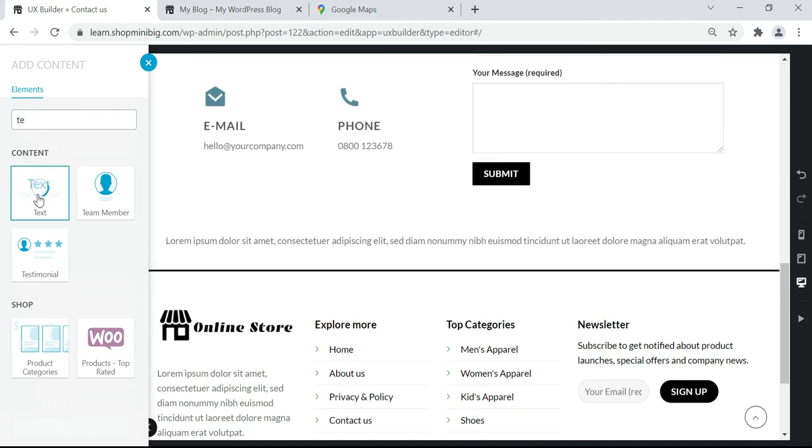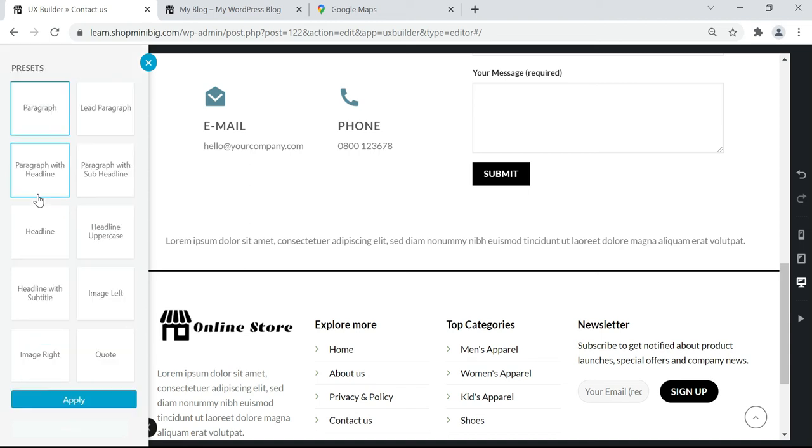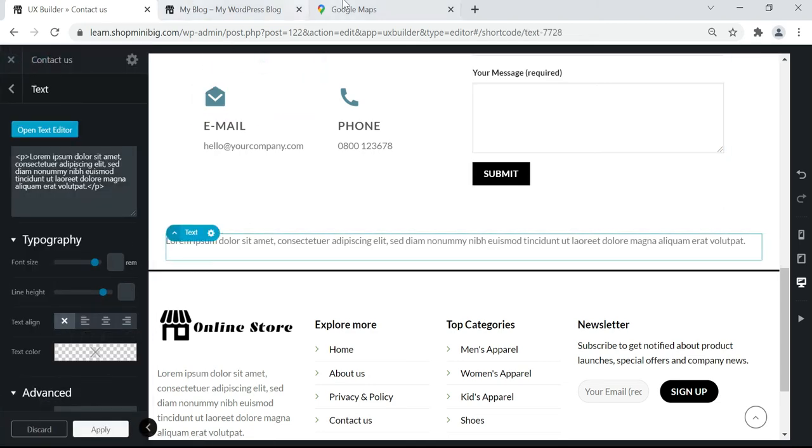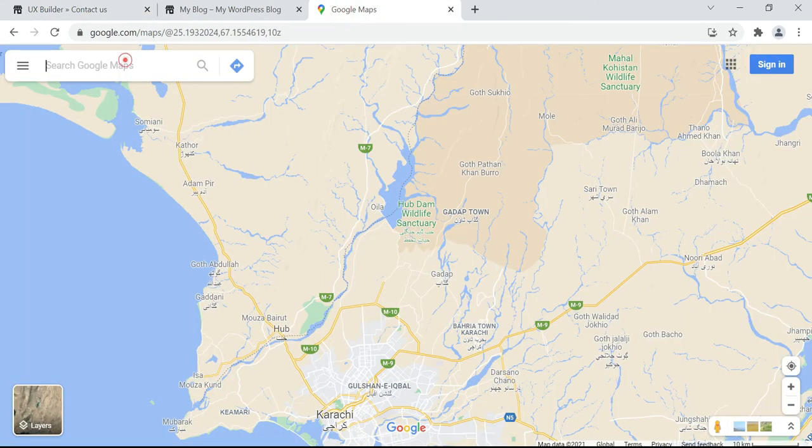This is the simple and easiest way to embed your Google Map, or you can add any kind of Google Map into your website using Elementor or UX Builder or WP Bakery. Just choose the custom HTML or text editor, then open Google Maps, then search for any location you want to add to your website.